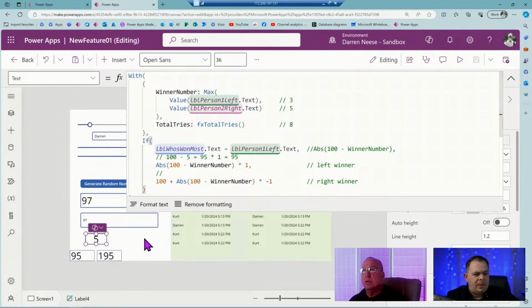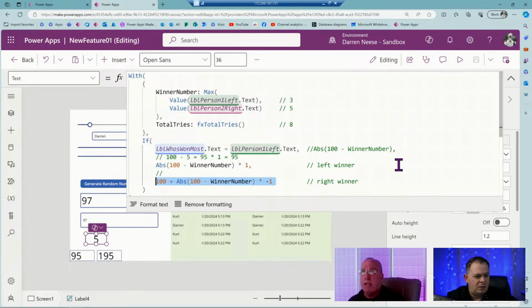Okay. But I think what's going on is it's coming down here. Do we need to change any code down here at all? I'm thinking that this is the code that needs to go down here. Yep, it needs to be there. So the condition is if who won text equals the person on the left, it's going to do the true, which would be the top one. So else we're doing the right side winner. We got that set up beautiful.